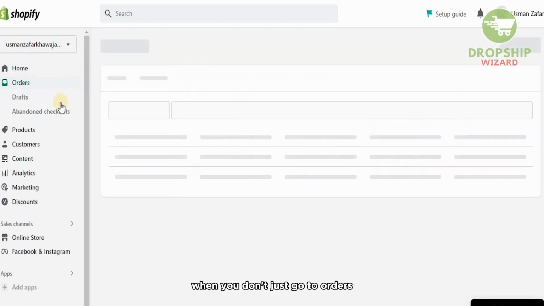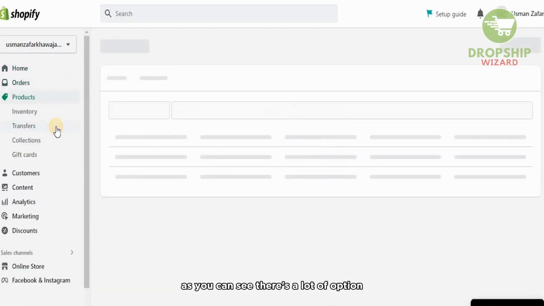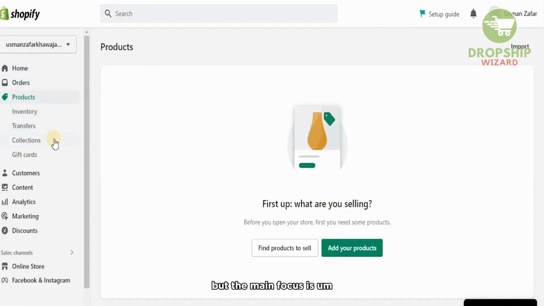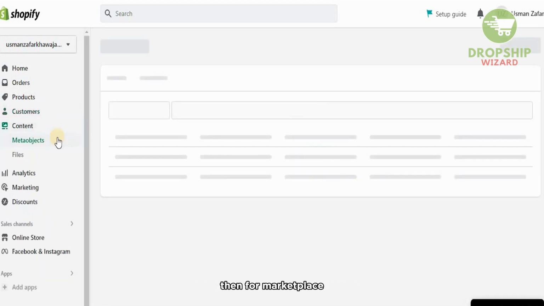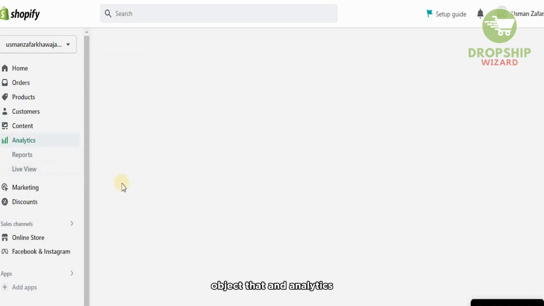And there you go. When you're done, just go to orders. As you can see, there's a lot of options, but the main focus is the customer. As you go to customer, everything is customer related. So they tell you when you have added a customer, you will be able to update the details. And then for marketplace, for meta object, and analytics. Also there's reports, live view,